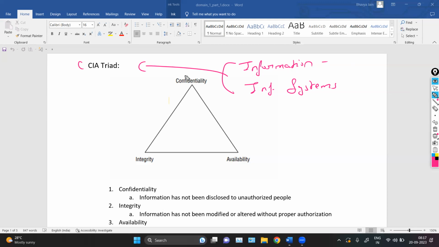Okay, so confidentiality is all about, let's say you are sharing data. Let's say there's a user A and a user B. Now let's say you are sharing a message. Let's say you are sharing hi, or any password, 12345. Let's say this is my password. Now I am sharing my password with you, for any purpose, for any reason.